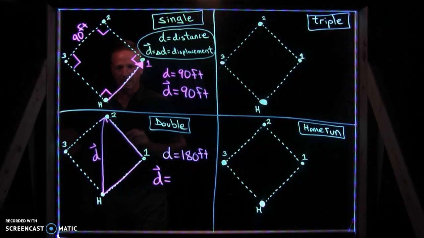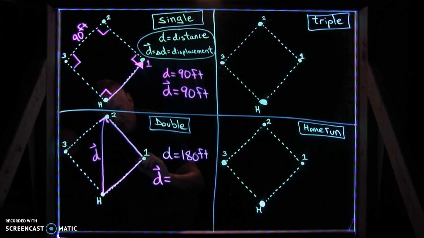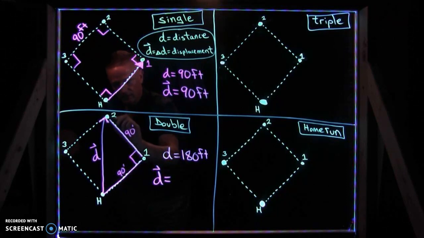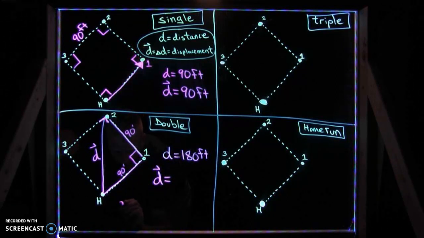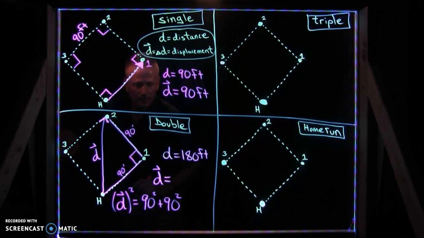is your displacement. Now, to consider how long that vector is, how long is it from home plate to second base? Well, you can use the Pythagorean theorem because the length of each of these sides is 90 feet. And if you recall your Pythagorean theorem, the length of a hypotenuse of a right triangle, if you see that, the hypotenuse is your displacement vector, the two legs of the right triangle are 90 feet long, then you can make the argument that the displacement vector, that's your hypotenuse squared, equals 90 squared plus 90 squared. And if you solve that, 90 squared plus 90 squared, then take the square root of both sides, you will